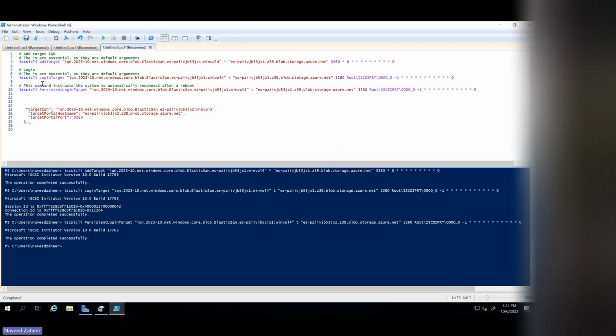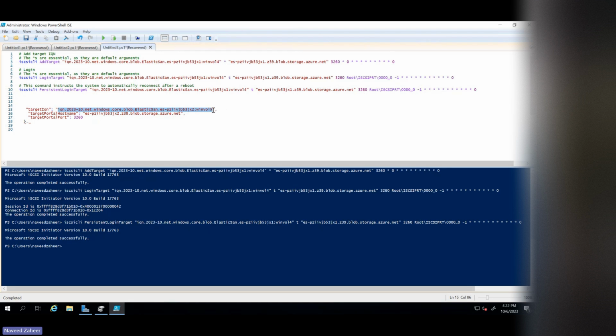A detailed discussion about this iSCSI CLI client is not part of this discussion. There is great documentation available if you want to take a look at that. But in this one, we are just going to be using this to attach it to our